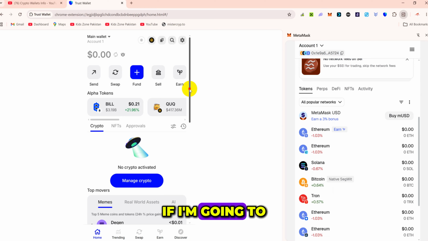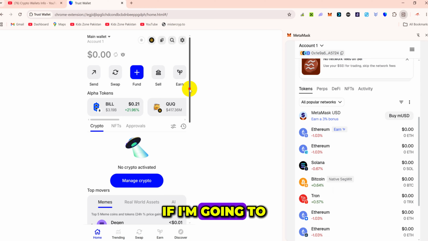You should already have a backup of your seed phrases. You can see my seed phrases are available here, and I need to use this wallet with other wallets. Sometimes the Trust Wallet application shows an error, so you can use your Trust Wallet with MetaMask or any other wallet which can receive the phrases. If you do not have a backup, you can watch my last videos, but I am also giving information in this video about how you get seed phrases.